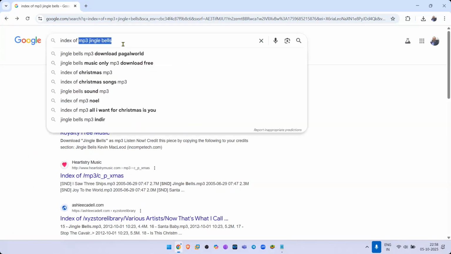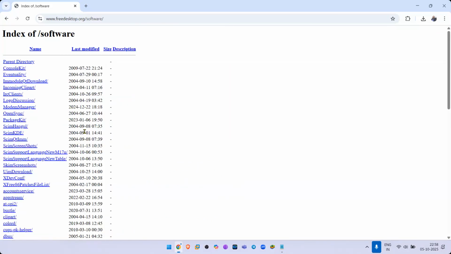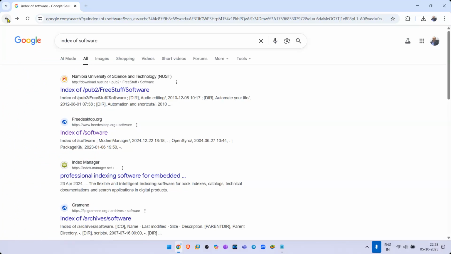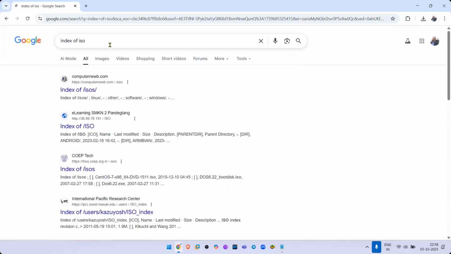Index of software, guys. Whichever software you want, they are there on the internet. Just go ahead and click on download, and now your software is there with you. Index of ISO, you can find the ISO images of Windows 10. Windows 10 is no longer available anywhere. How did I download Windows 10? Through this.